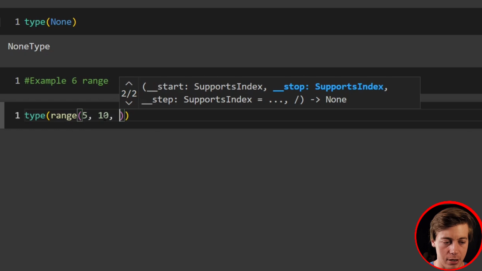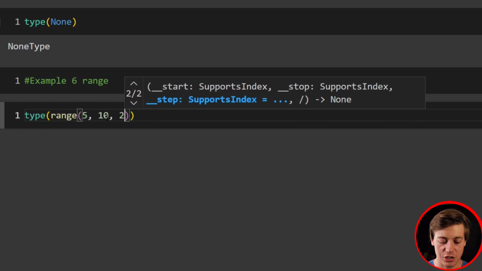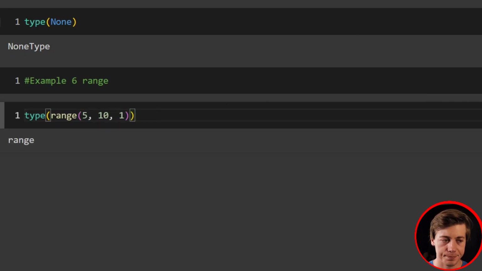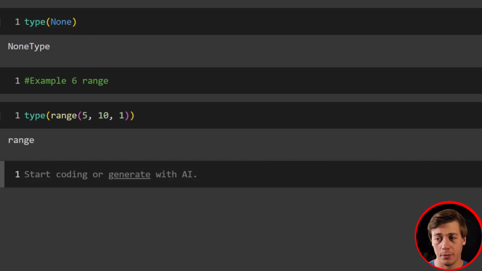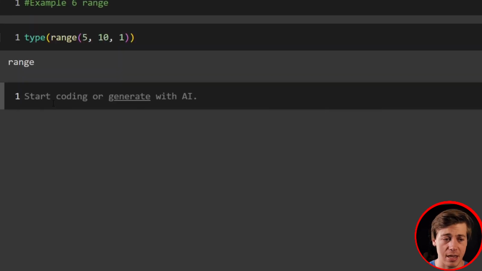And you can have a third parameter where you can move forward or backwards a different amount. So like you can put -1, or you could jump 2 each time. By default, it jumps 1, but essentially that's the range data type. We uncover a ton in that for loop video, but let's take a look at example 7, which is going to